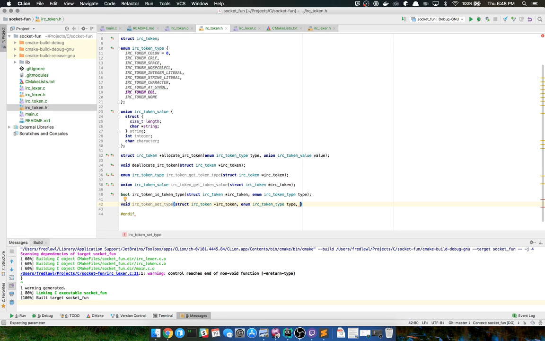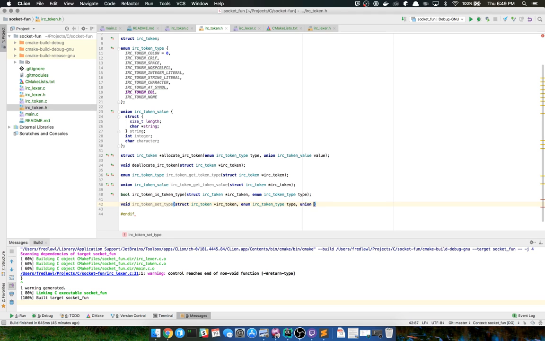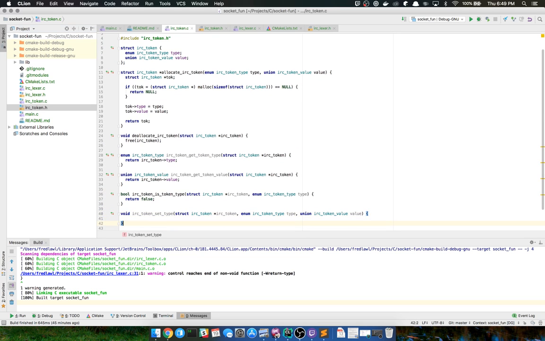Yes, because if you change the type, the value should also be changed. Ideally, so union IRC token value, and we're just going to do that. And then, well, I didn't need to copy it because at this point that should auto-generate. So what I'm going to do is I'm going to say